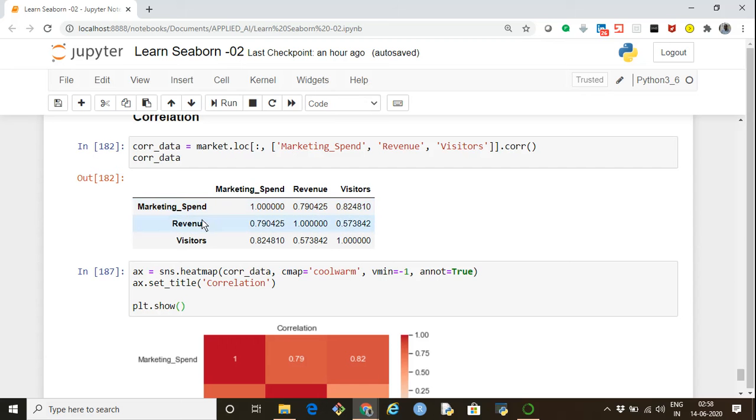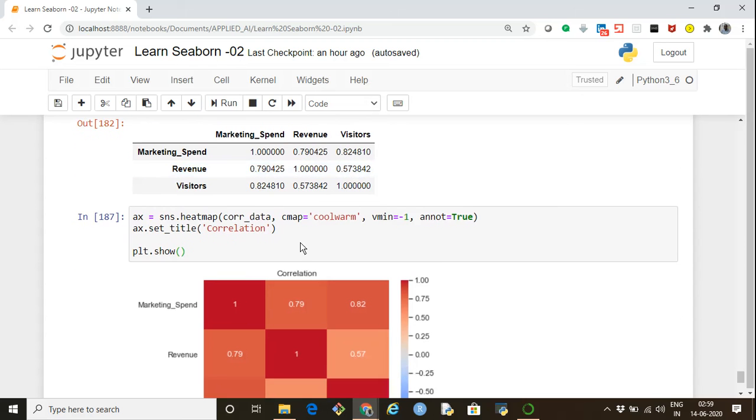Whereas between revenue and visitors, it is not that high. So yes, visitors are increasing as the marketing spend is increased, and it is also having an impact on the revenue, but not as much as one would like, because it is only 0.57. Ideally, the higher the visitors, the higher the revenue should be correlated.